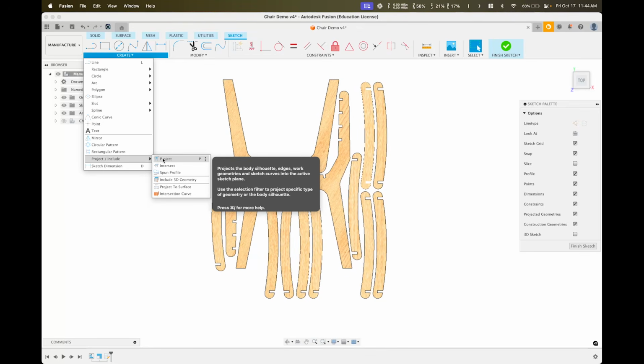So we finished this edit. No, we're still in the same edit. So create sketch. Yeah, you created a sketch on that bottom plane. So we're